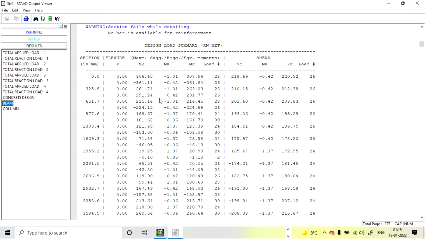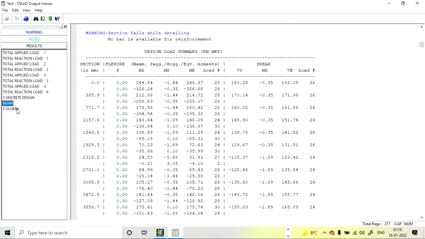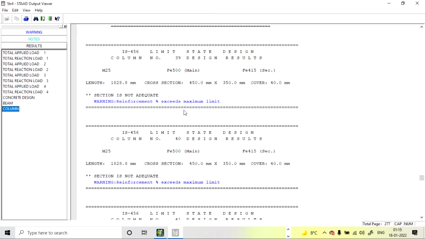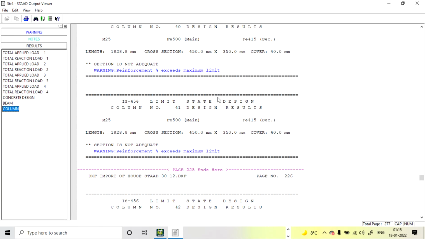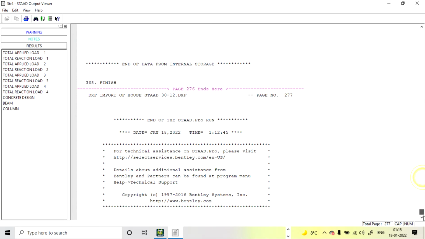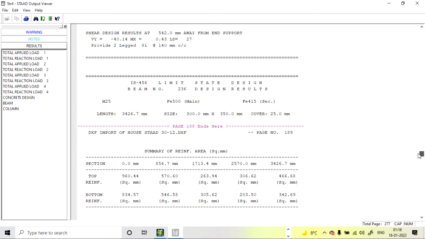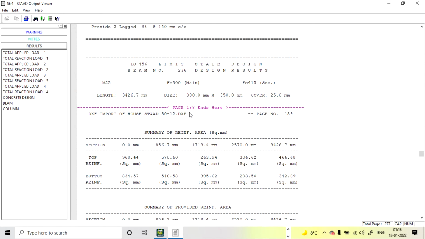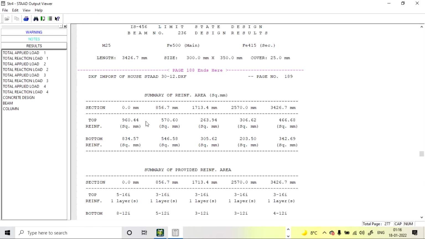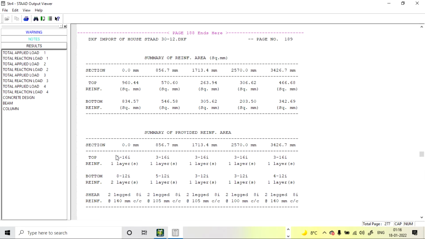So you have to increase the size of that beam, and if your column fails, the reinforcement will show you like this. Okay, so for a beam that passes, it will provide you all the steel reinforcement in mm and the number of bars that are required.